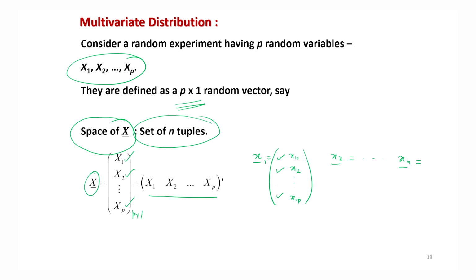Okay, so now we come to an end of this lecture, and you can see that it was a pretty elementary lecture, but my objective was to expose you to the concept of random variables, because you will see that in all the statistical tools, our first sentence is going to be: let x be a random variable. That can be a univariate random variable, a bivariate random variable, or a multivariate random variable. It depends on the requirement and objective of the study, on what we really want to do.